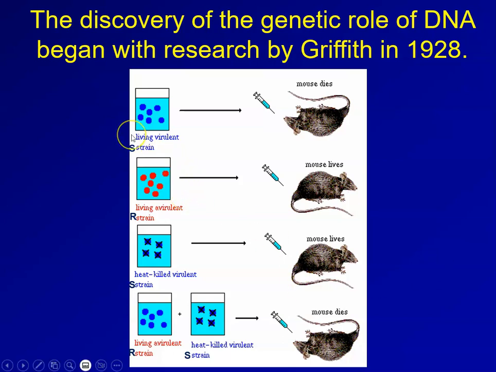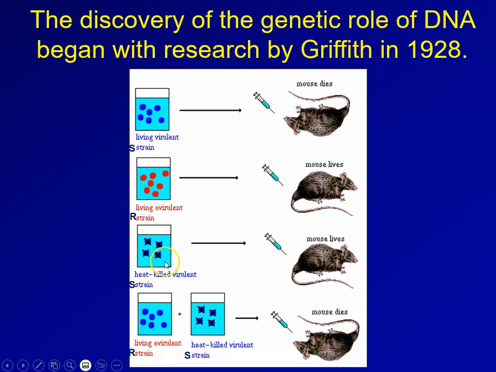So in the first experiment, if you look at the first row here, they have the living virulent or S strain. So that again means that that particular concoction would cause pneumonia and did indeed, when injected into the mice, kill them. They got pneumonia, they died. Okay, so that's kind of like a control to show that that strain is active and going to cause the disease. So then to show that the heat killing of the bacteria would be effective and that the mice wouldn't transmit pneumonia, they injected them with